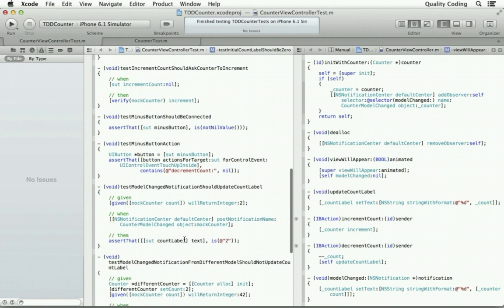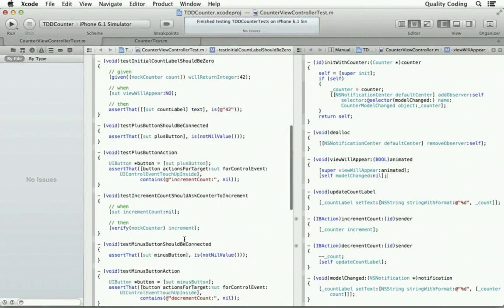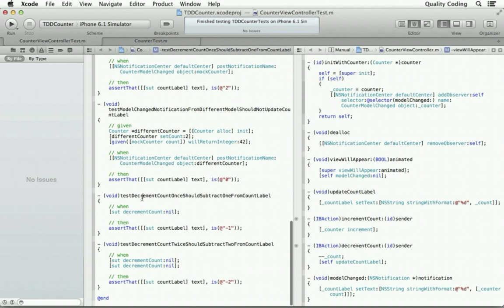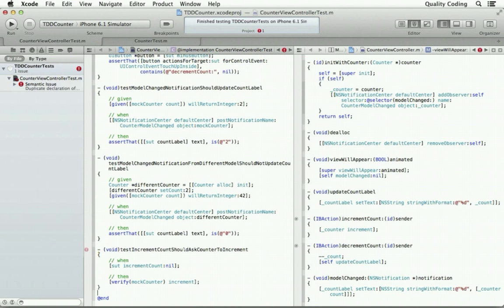Let's clean up decrement. What I want is to get rid of this other cruft of what decrement used to be and say decrement count should ask counter to decrement. Like that.